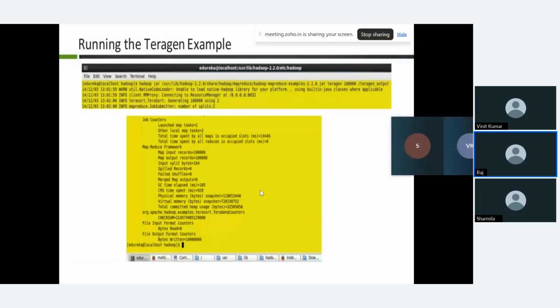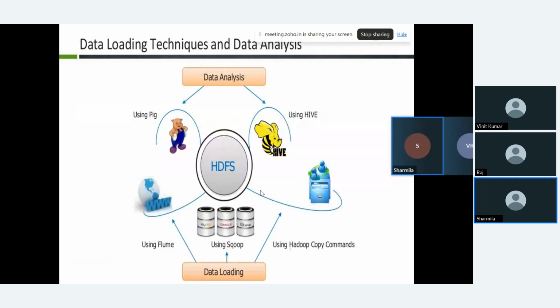So yeah, this was... generally previously we also used to have this Pig, but now it's obsolete. We are not using it at all. But yeah, in some of the organizations we are still using it. So as I told you earlier also,